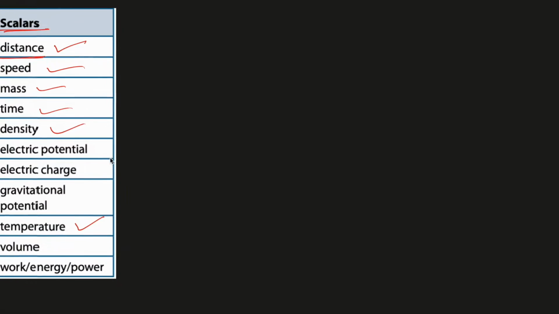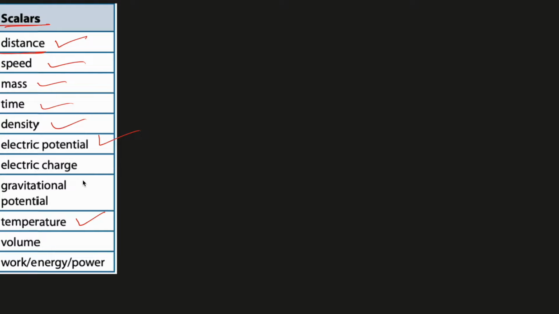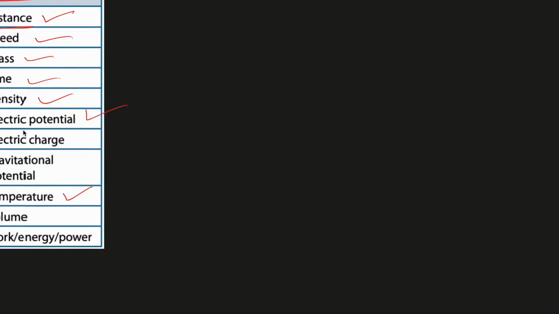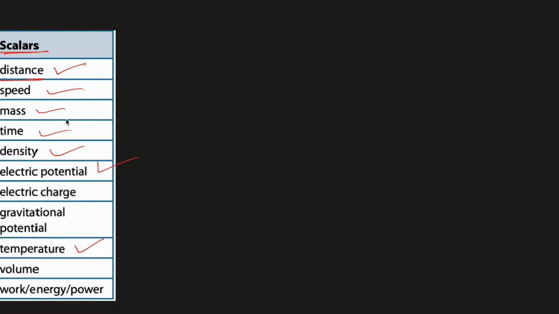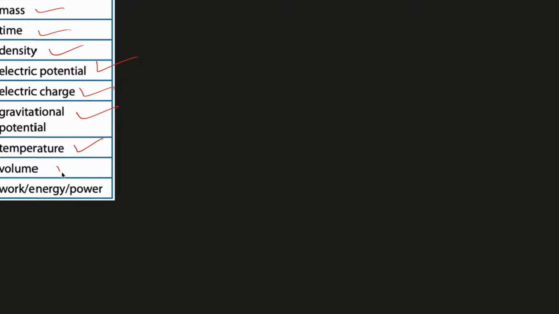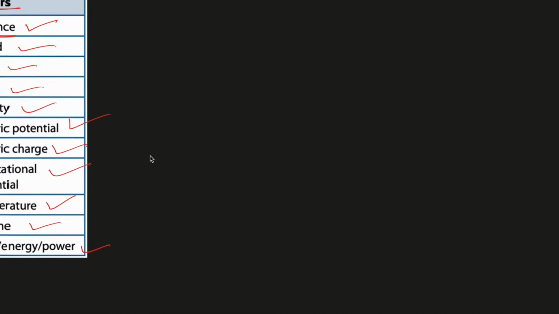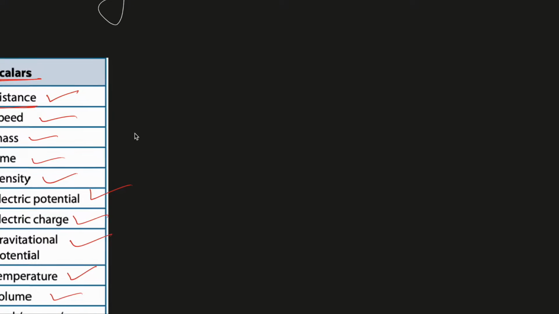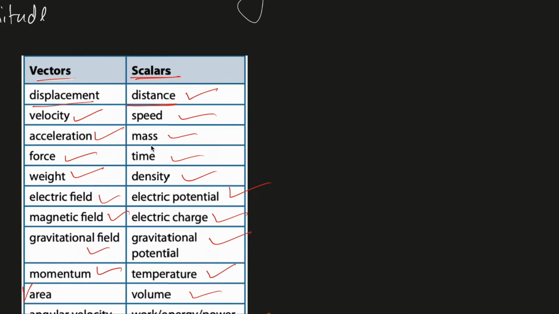Electric potential, all potentials are basically scalar quantities. Electric charge, gravitational potential, volume, work, energy, and power are all scalar quantities. Okay, let me discuss some bit of the difference between